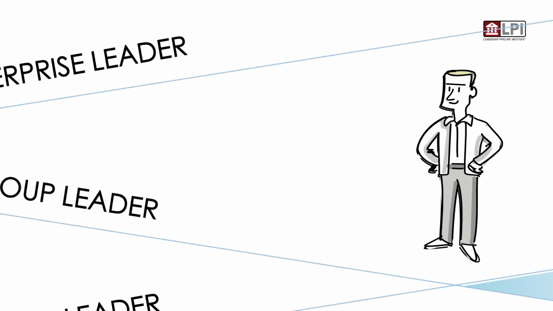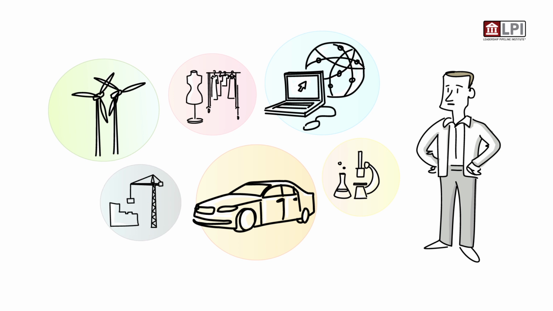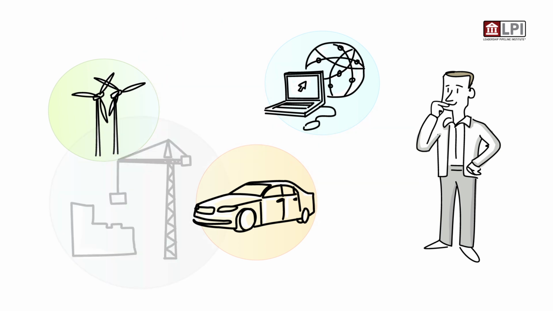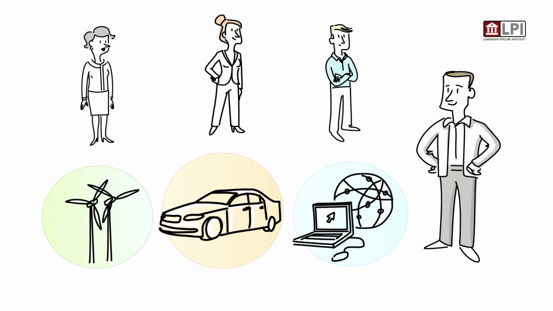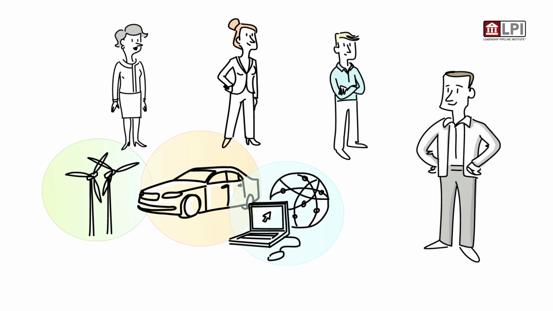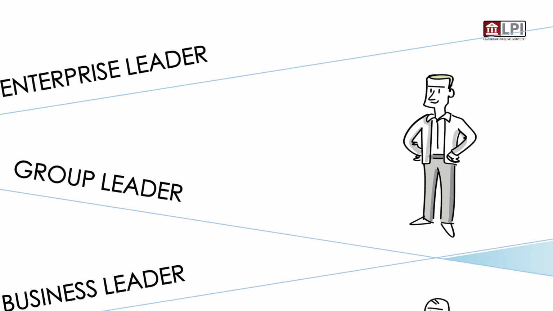As a group leader, you deliver by creating and executing a portfolio strategy, which includes deciding what business the enterprise should grow and what business should be divested. You select and develop the right business leaders for the businesses reporting to you. The critical new thing is that now you lead the business through the business leaders and not the business itself.